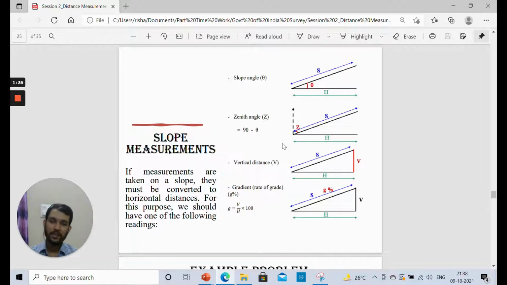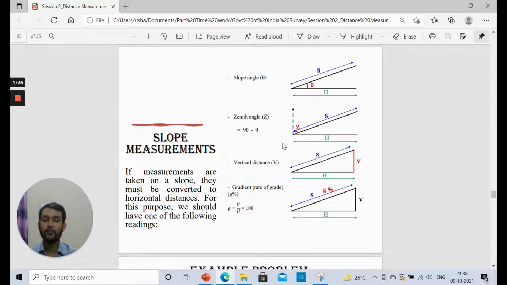So what is happening? We don't know the vertical difference in elevation as well as the horizontal difference between those 2 points, but we have got the grade, the rate at which the slope is either rising or the rate at which the slope is falling. So grade is given by vertical difference in elevation between 2 points upon horizontal distance into 100. So this G is known to us, then G upon 100 is known to us. So G upon 100 will be equal to V upon H.